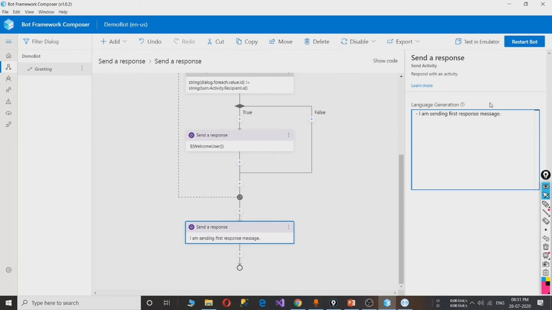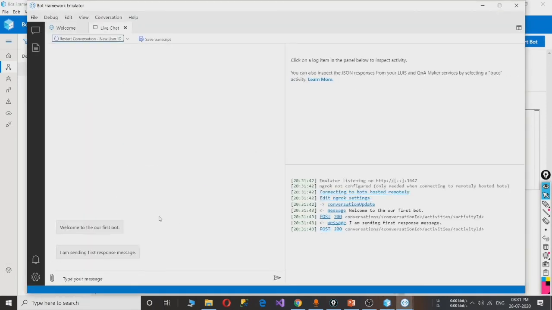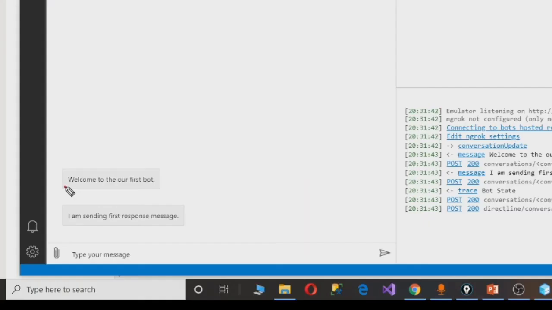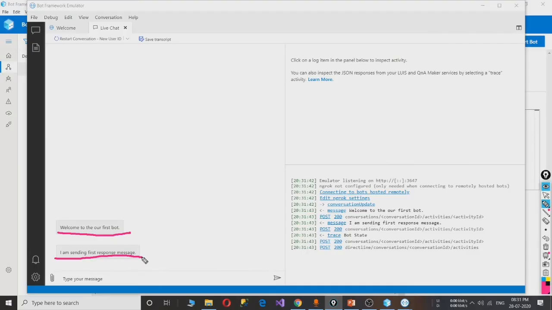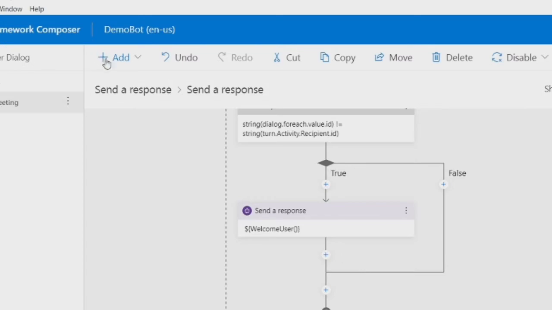Now again to run the bot, click on restart bot. Click on test in emulator. The bot will open in the emulator. Here you can see after the greeting message, this message I am sending, first response message, is displayed under the greeting message. Understood?